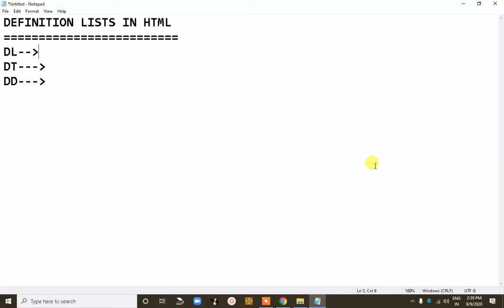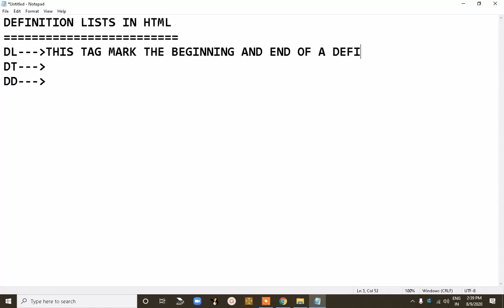So what is the purpose of DL tag? DL tag, definition list. This tag marks the beginning and end of a definition list.